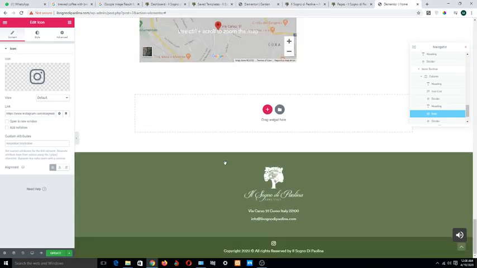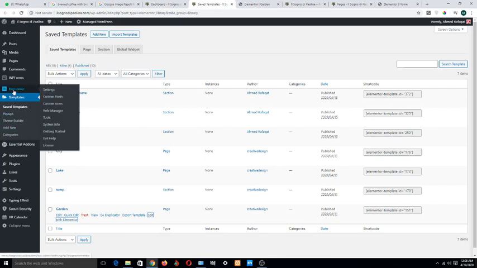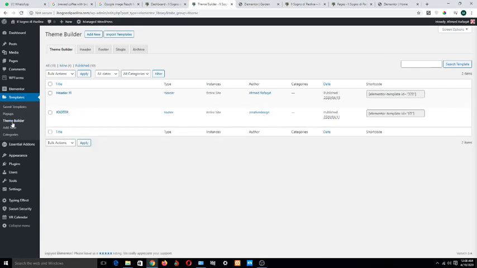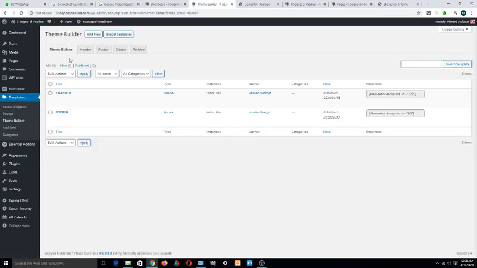And now I will show you how you can change the content of the footer. For this, again come to the template area and click on theme builder, and from here you have to click on footer. Sorry, I was going to say header, but I am going to show you the footer.